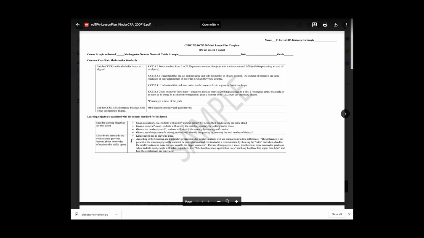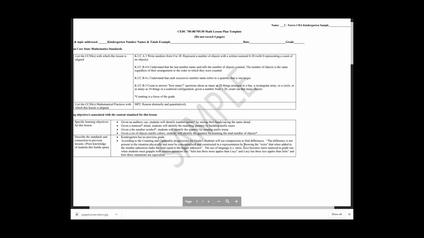Here it wanted to know what were the standards that are connected to the previous grade and to the grade following. Since this is kindergarten, there is no previous grade to connect to this, but looking at the progressions for first grade, I learned that students are going to be using comparisons in first grade to find differences, and that there is an emphasis on the use of language, especially the word more and the word less, as it becomes more nuanced in grade 1 when students have to grapple with relative questions that aren't necessarily seeking an answer geared